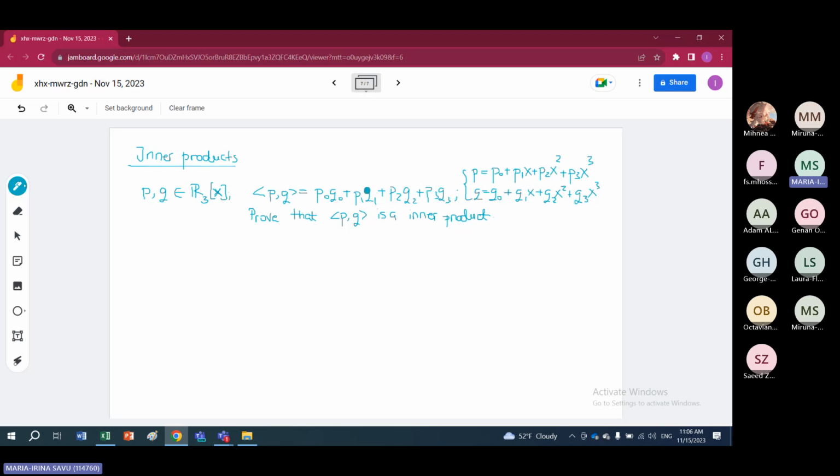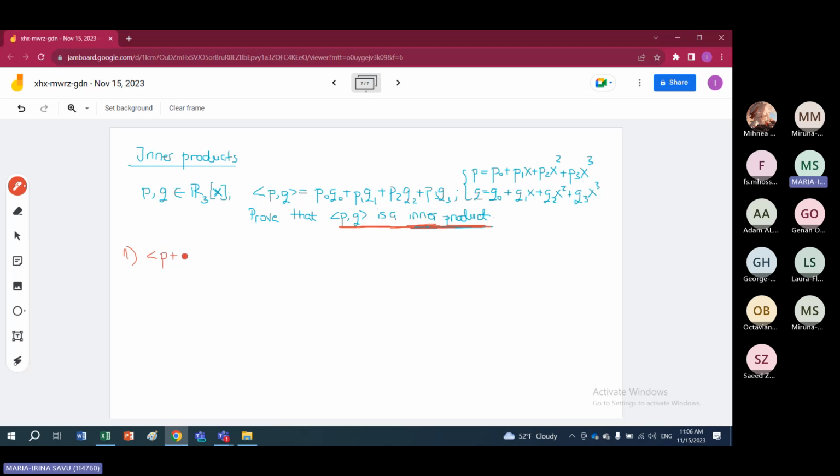It gives you the product and then the sum of the products, and you have to prove that this function defines an inner product. Okay, so in order to have an inner product, you must check some statements, and I will write them down. First, you have to know